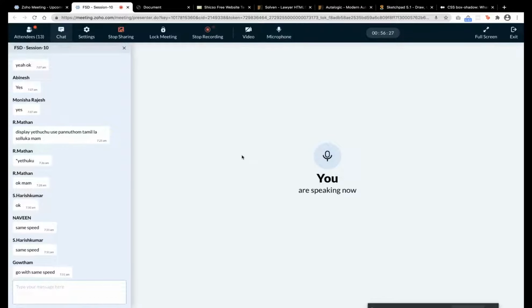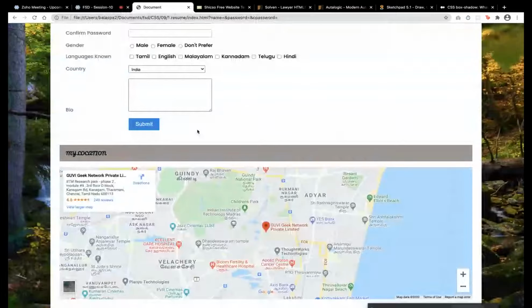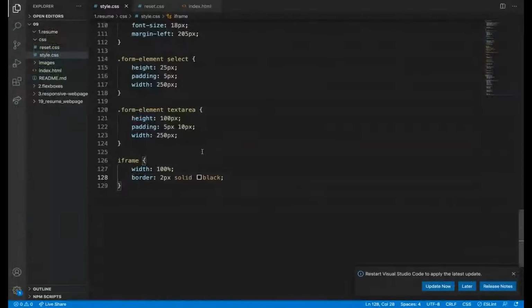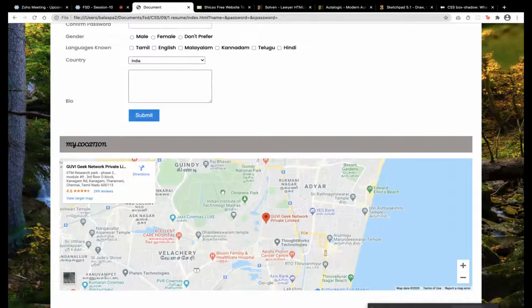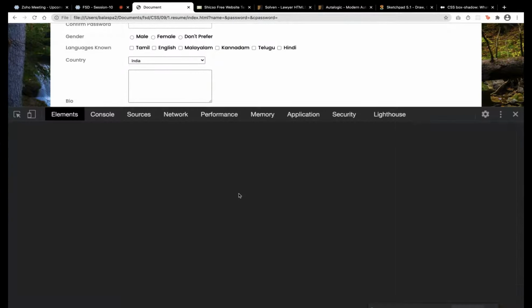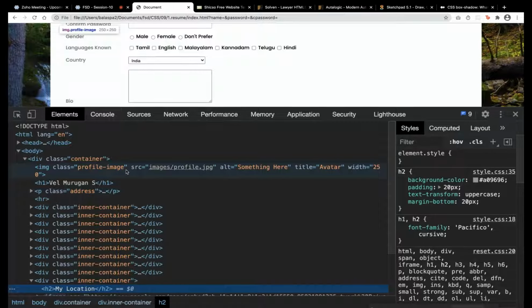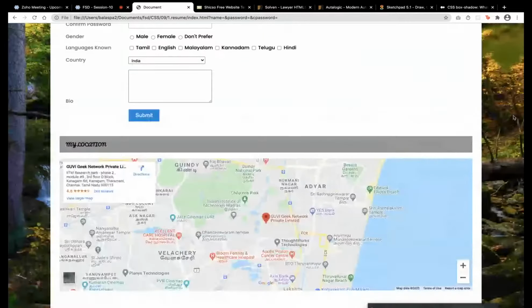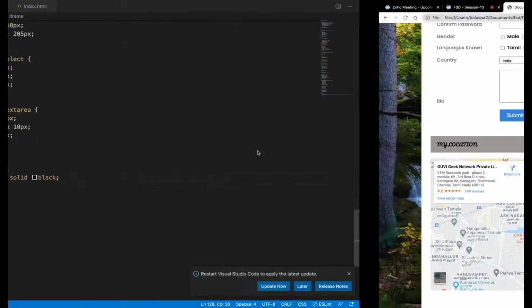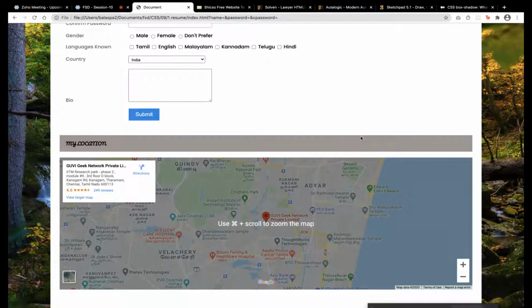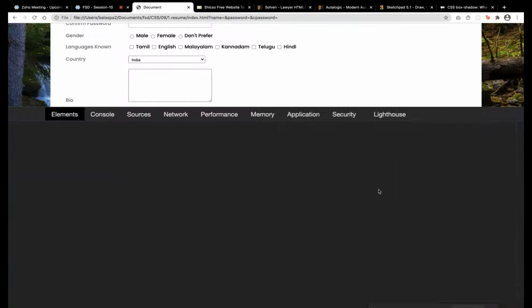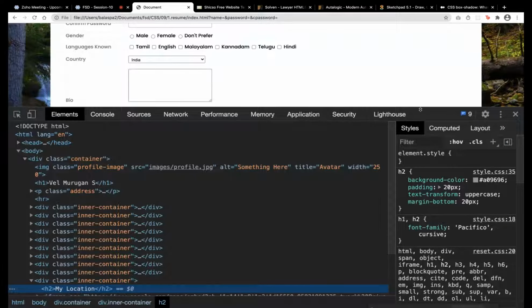Sorry. Where did I leave off? I have added the border, but my border is not getting applied. We can apply the border to the iframe tag itself. I don't know whether a border property is there for this iframe. I think we can apply it. I'll check once, otherwise we can check it later.